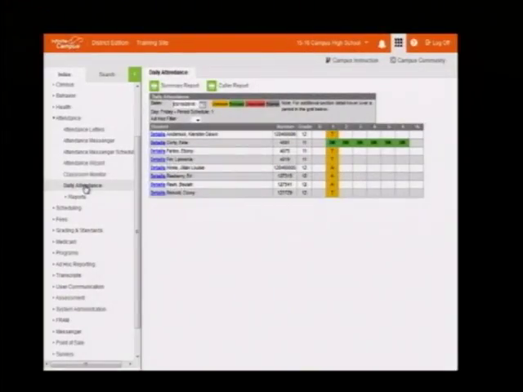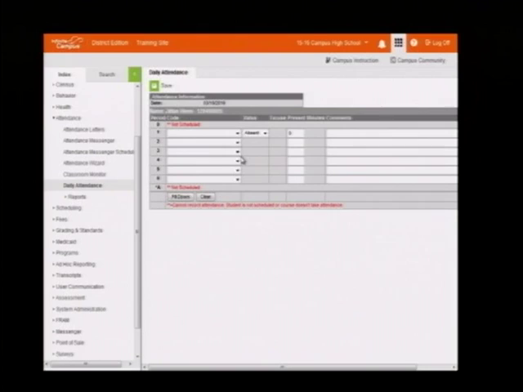Once a record is recorded, they are just compiled here throughout the day. And what happens here is all of my kids, so if hypothetically Jillian here is first period and mom calls me to say, hey, she's sick for the whole day, then I'm just going to come here. The student is absent. And you notice all of those records were yellow, right? So whenever a teacher takes attendance, it will always be unknown. So you won't have the ability, a teacher wouldn't have the ability to say something is excused or not excused.